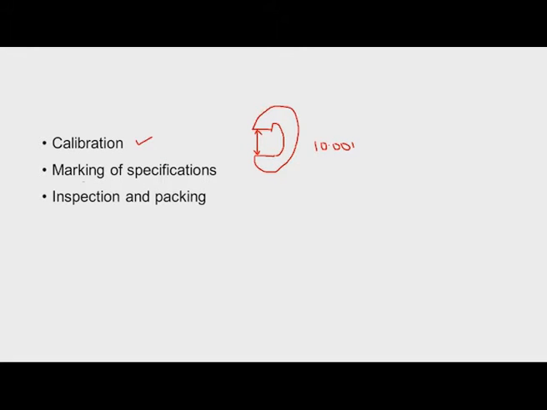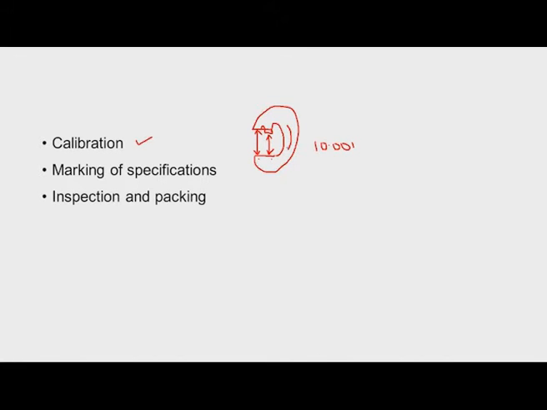And then after calibration is over, we have to mark the specifications, like what is the go size limit and what is the no go size limit, and which side is which. If it is a progressive type like this, then one is the go limit and the other one is the no go limit. One corresponds to the upper size of the workpiece and the other corresponds to the lower limit of the workpiece. So we have to properly mark the go and no go, and also the manufacturer details, the brand, the manufacturer name,